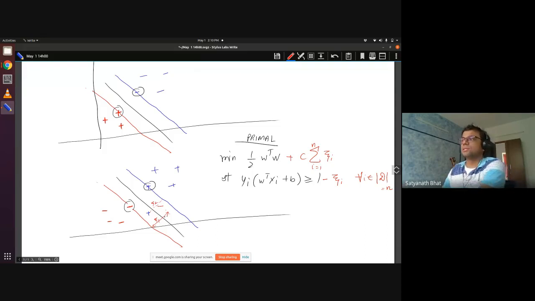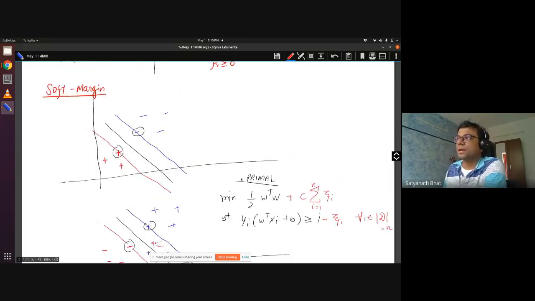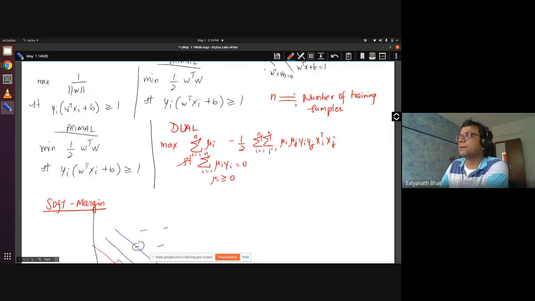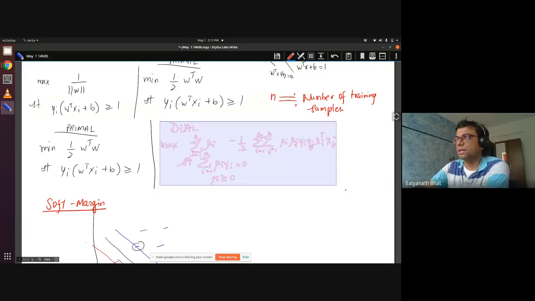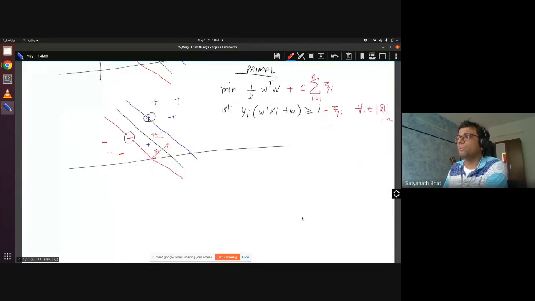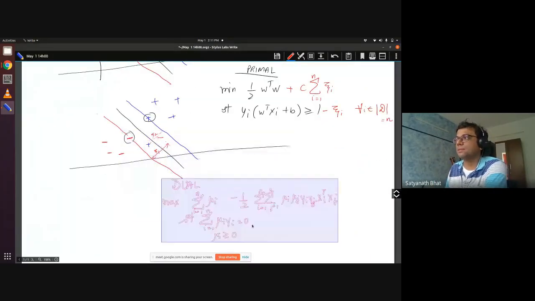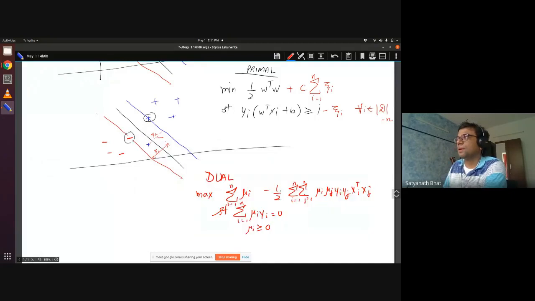So this is the primal, and I don't have the time, but I will try if today there is time. Otherwise, I will leave a recording for you to watch later. But if you take the dual of this problem, something very remarkable happens. The dual is changed in only one way. There is a C that you see here, so that C comes here. Other than that, the dual remains perfectly as it was before.